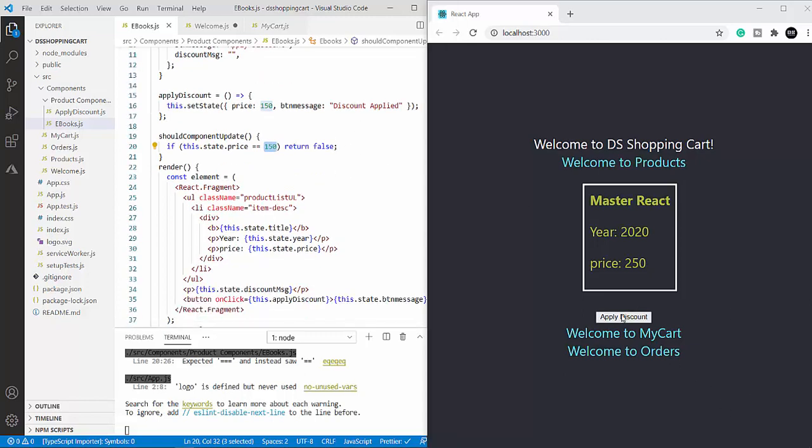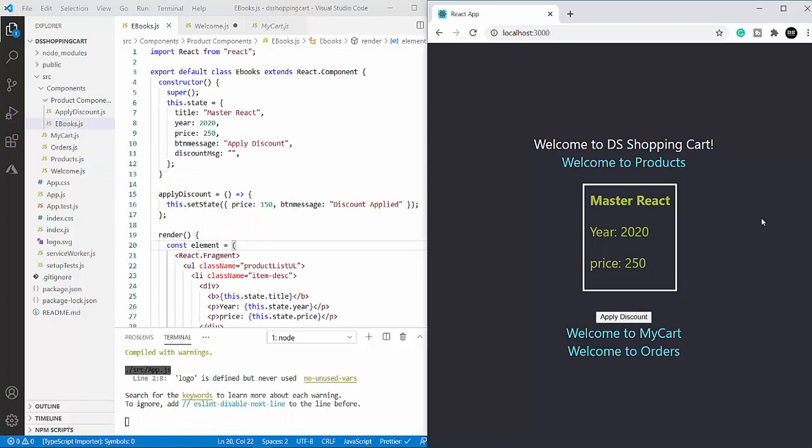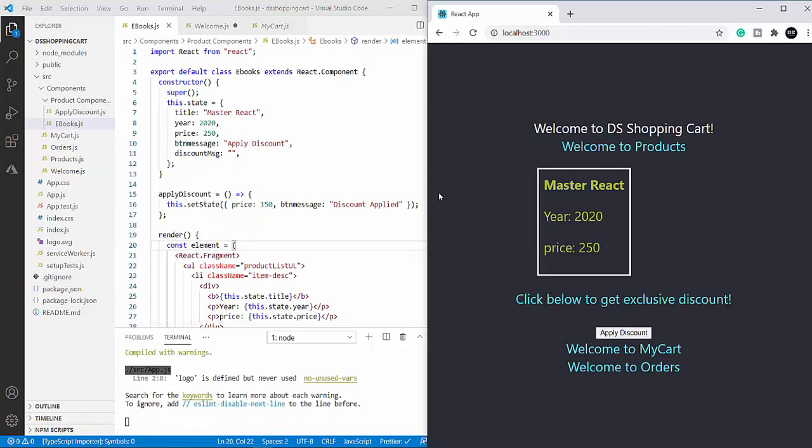Let me click it. On clicking, my component is not rendering again. When I remove this and save it, okay, now I have removed it. I'm going to click this. Now I can see the changes.